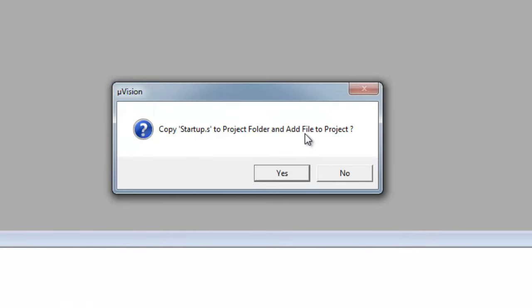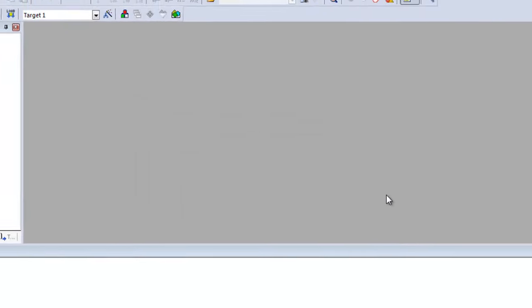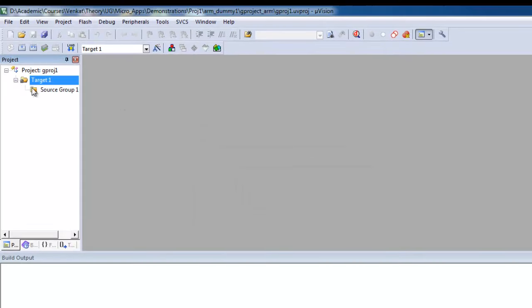Now again it will ask for a startup file. If it is an assembly, we don't need a startup file. Only if it is C, we need a startup file. C programming of the same ARM processor, we'll see it in the lab class on November 2nd. But right now we'll focus on the assembly. So for the startup, just say no, and voila, your project is created.